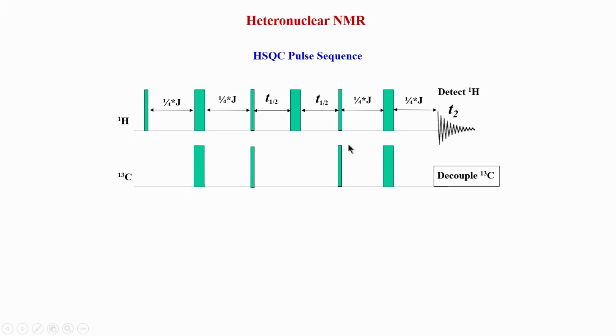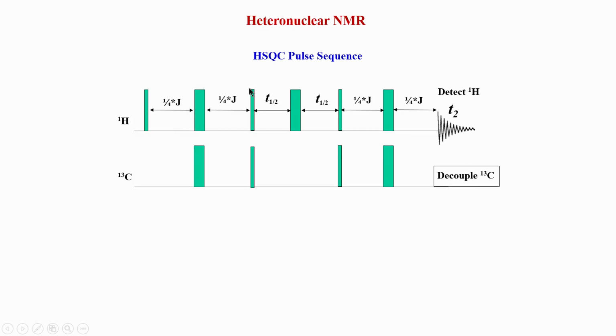I would recommend you go through this in the many different books which have been recommended. Also, think about this every time you look at the pulse sequence, and slowly it will emerge what exactly happens and how it works. That requires some practice. So, let us start theoretically with how this works. The first thing is you excite a proton with a 90-degree pulse, the standard thing every time. Remember, we excite a proton first.